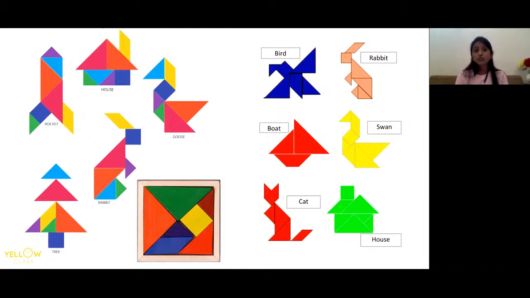When you do this, it improves your concentration, it improves your eye and hand coordination, and it also improves your reasoning skills. Yes, and it improves your concentration skills also. And it is a very engaging and fun-loving game which you will enjoy doing. Okay, so I will tell you just a few things about this puzzle and then we are going to make one for ourselves. Yes, it is very easy to make for ourselves.